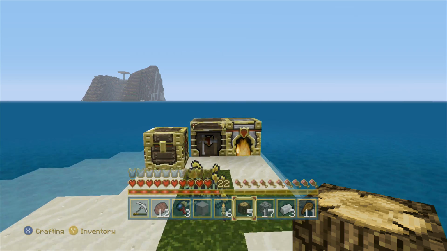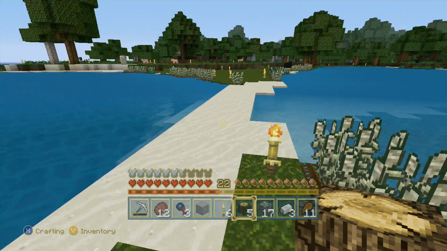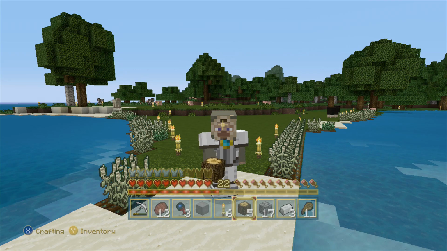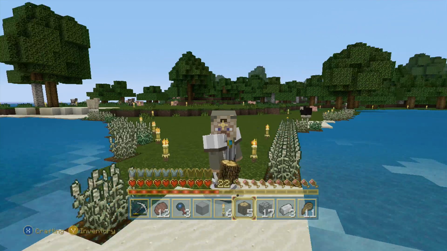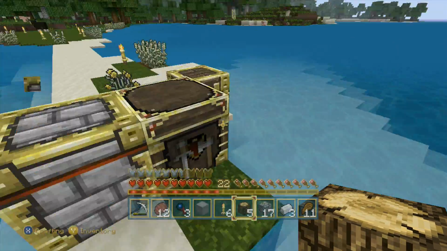Now, in the last episode, I revealed this texture pack, said I was going to be playing on it, and I told you guys to leave some challenges for me. Now, one of the challenges that you guys suggested to me is that I'm going to be making a wishing well. Now, I don't know if I'm going to be getting that done this episode, but another thing you guys also